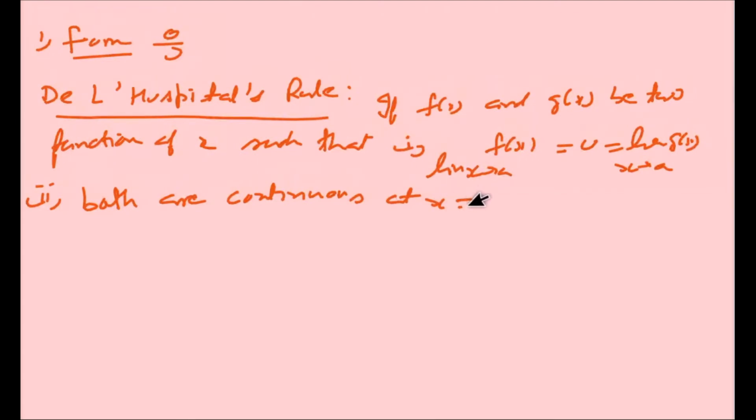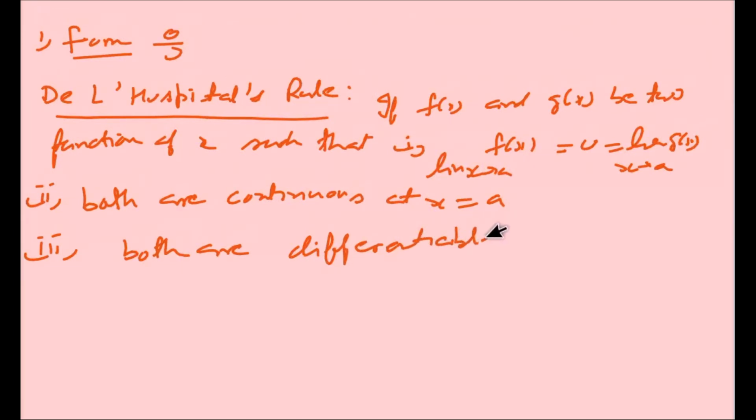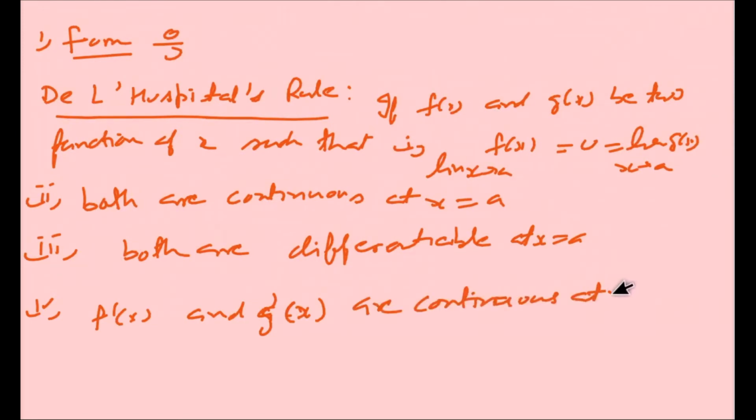Third, both are differentiable at x equal to a. And the fourth point is f dash x, meaning the derivative of f, and g dash x are continuous at x equal to a, then